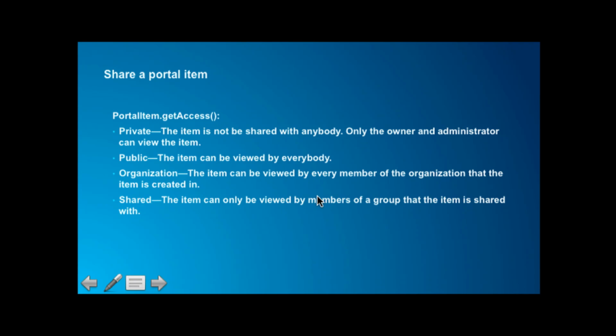So after you create a new portal item, it is by default private. To get what level of permission you have on this portal item, you can get the access property. The possible value of the access is private, which means this item is not shared with anybody, and only the owner of this item or the administrator of the organization can view this